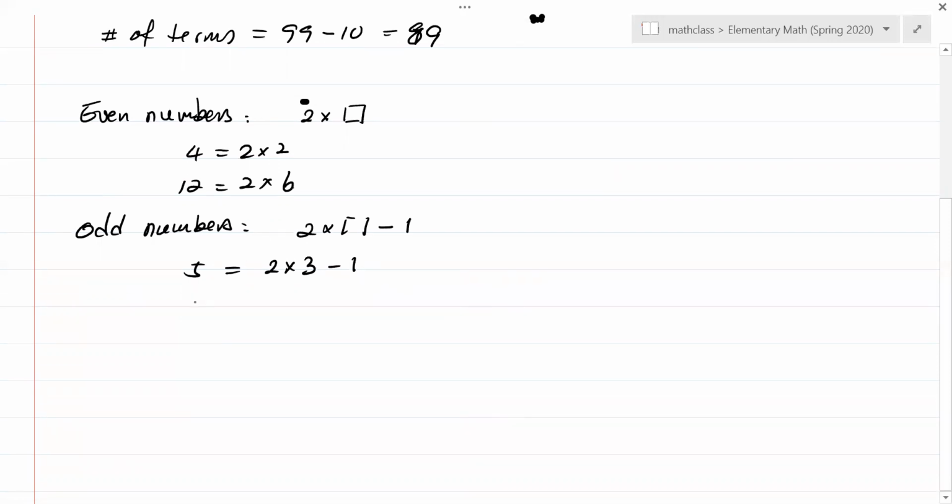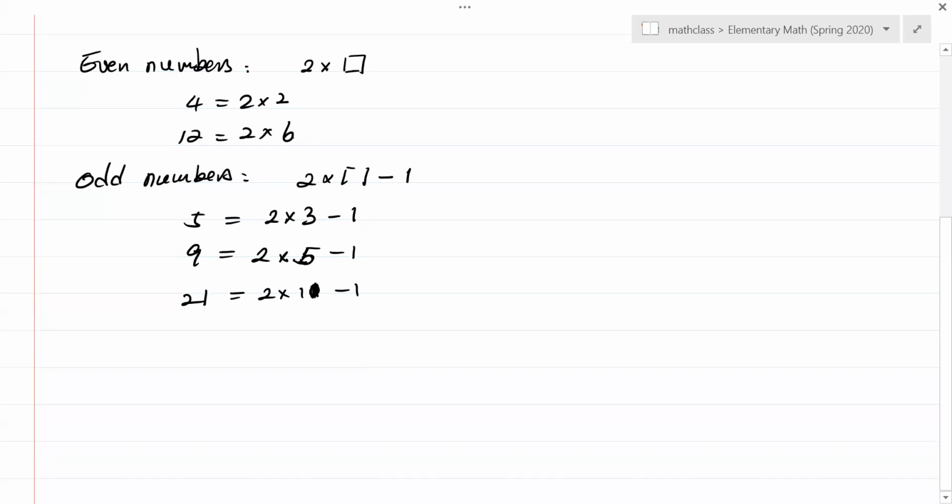Okay, so 9 is going to be 2 times 5 minus 1. Right? Now, how about 21? 21 is 2 times 11 minus 1. So it should always be an even number minus 1. So 22 minus 1. So we need to know how to express that like that. All right, so next question is,